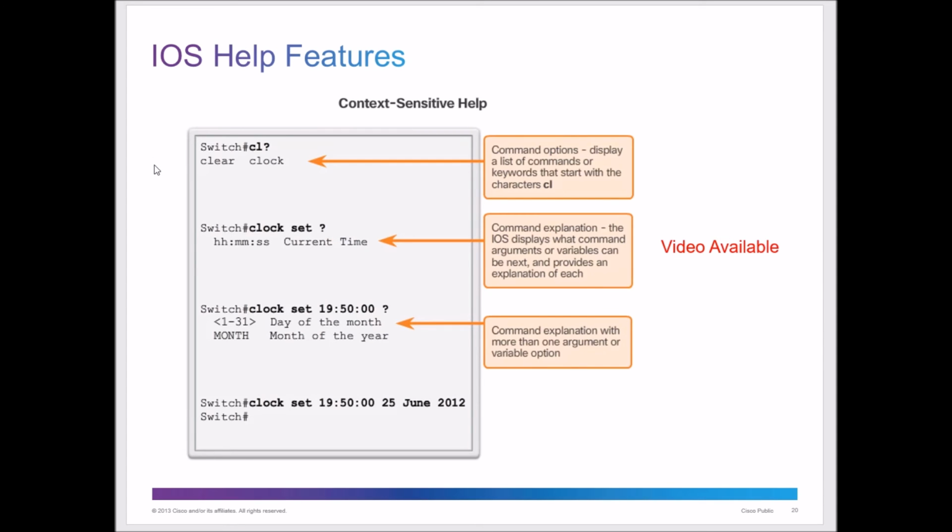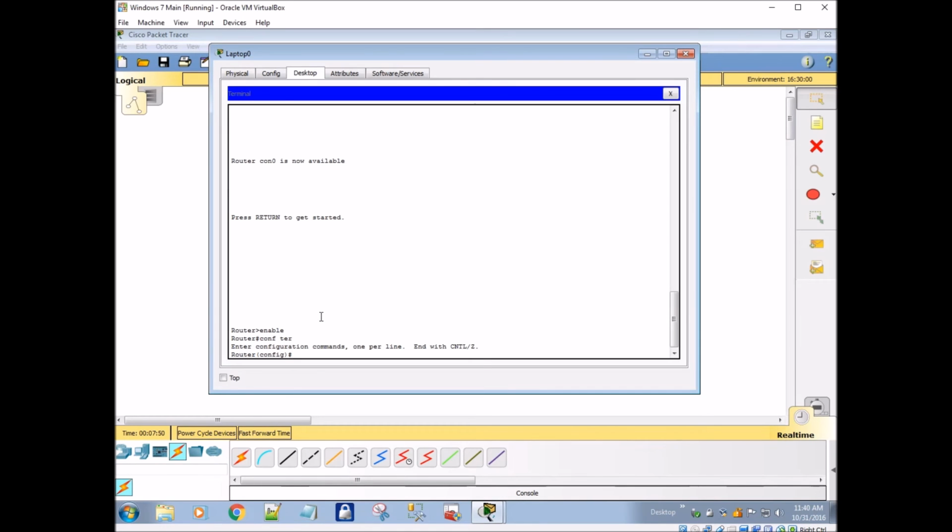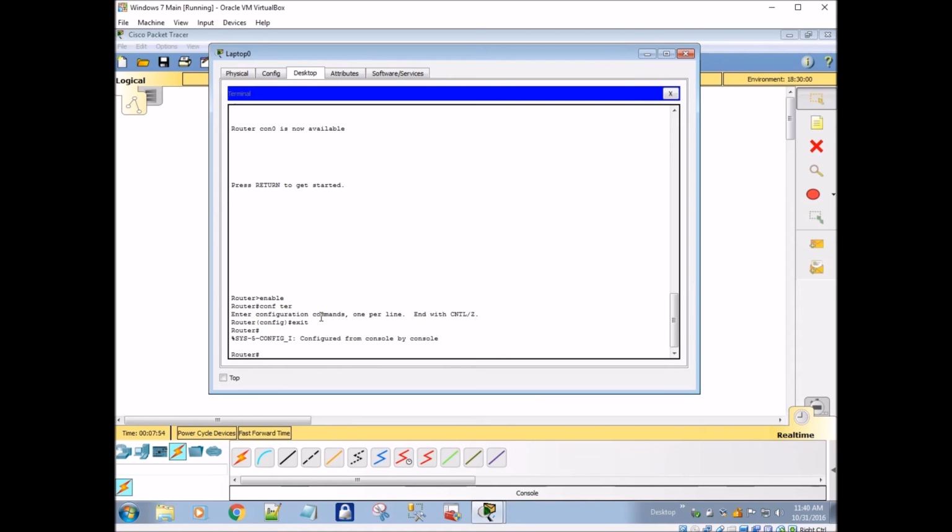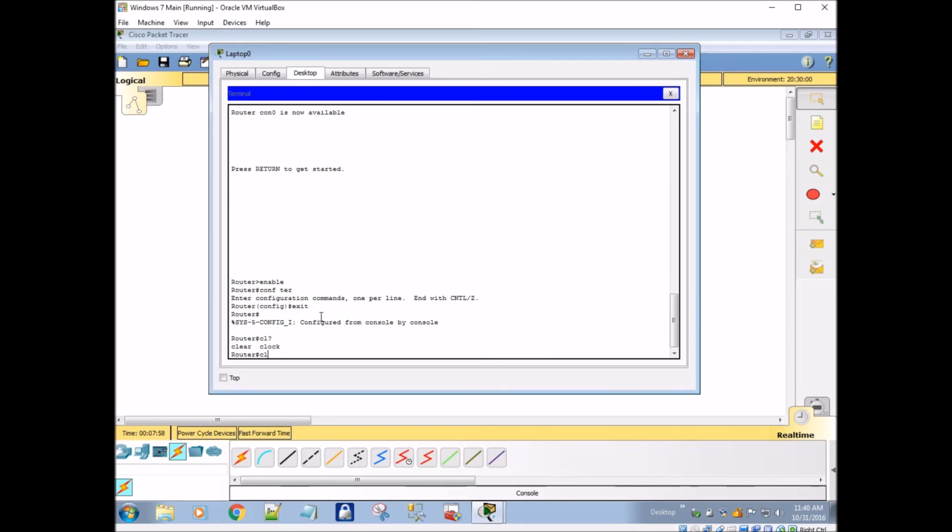On the help features inside of the IOS, there are some, and I've already shown you one. So if I put in CL and I want to know what's available from there, or if I get stuck, if I type CL question mark, that's going to show me whether I have clear or clock. And let me just move over to that real quick. So if I'm in there, and let me exit back out of there, and then I type CL, and I'm not sure what's available to me, I can just type my question mark, and that's going to let me know that there's two commands available to me, clear or clock.